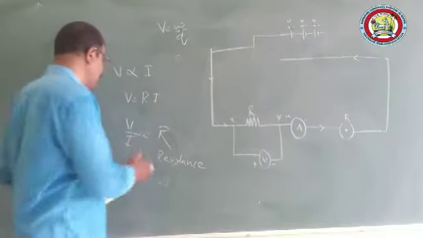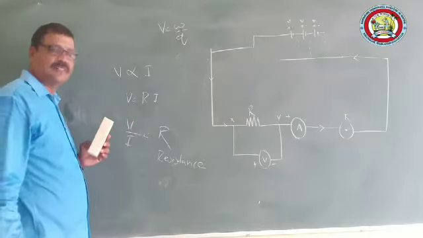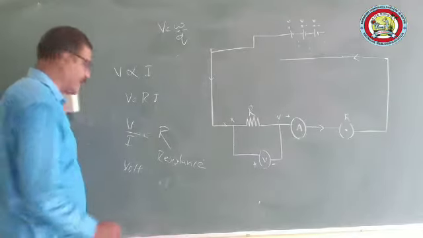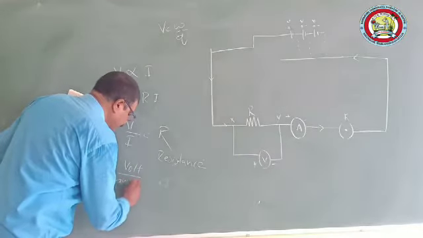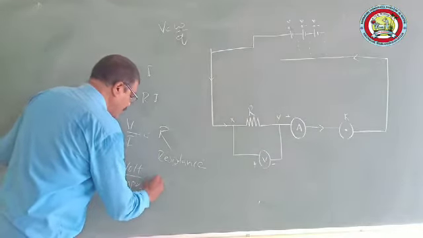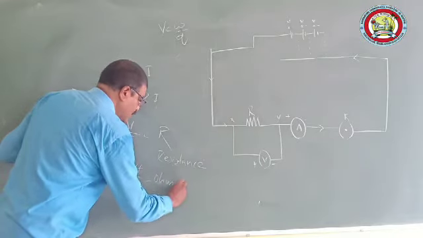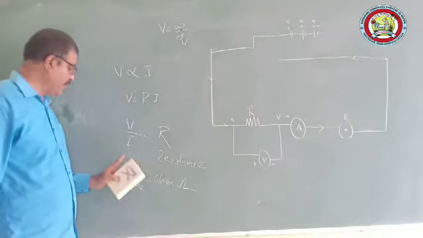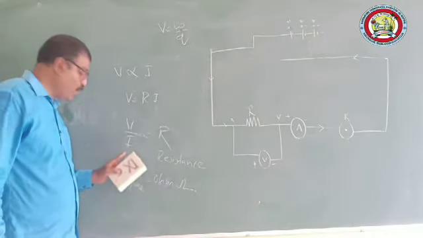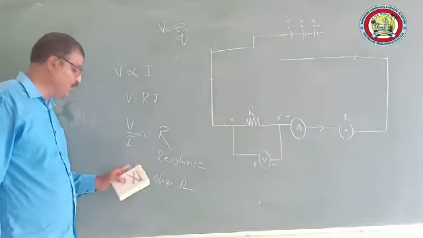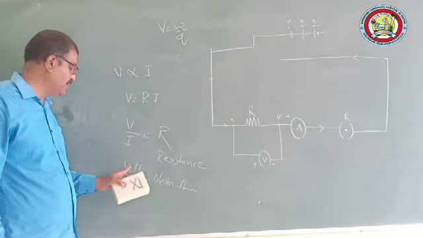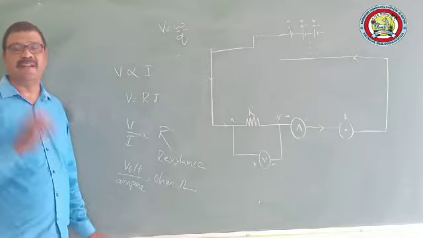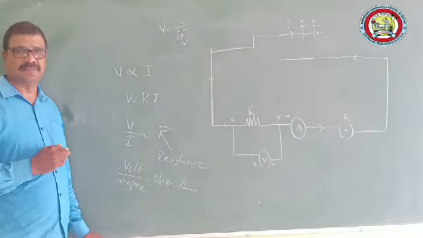And the unit of resistance. What is the unit of potential difference? It is nothing but volt. What is the unit of electric current? It is nothing but ampere. So volt per ampere is called ohm, and it is denoted in this way. How do we define ohm? If a current of 1 ampere is flowing across a potential difference of 1 volt, then there will be a resistance of 1 ohm. This is how we define resistance.